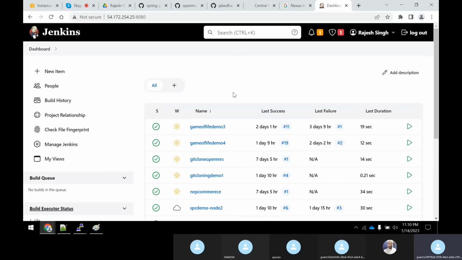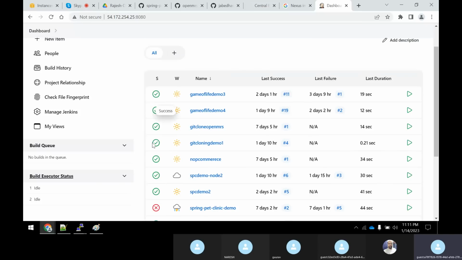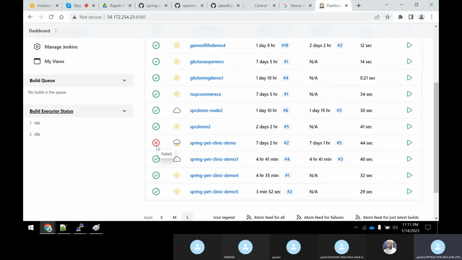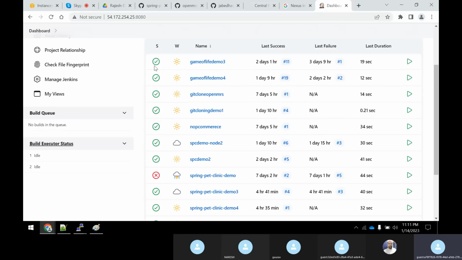That is not that much required, but some people in organizations try to do that. But I like these colorings only. Green means always pass, red always means it is failure. But if you go to an industry where they're working on Jenkins, you could see that everything is blue color.